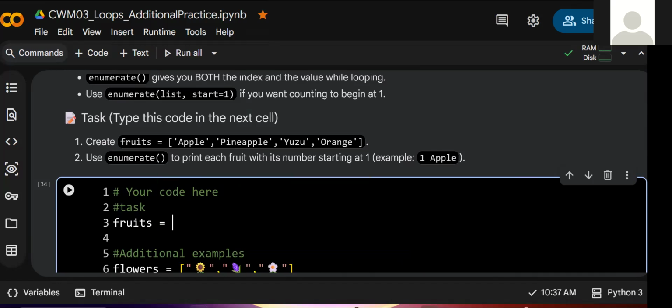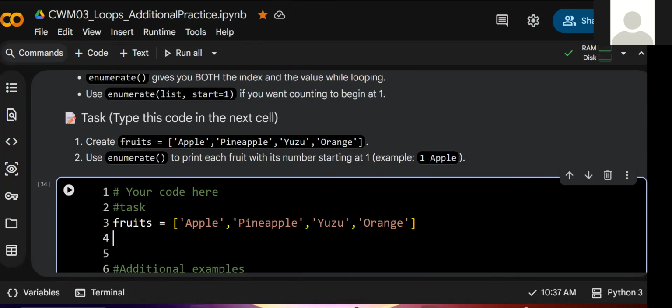So we're going to say fruits equals, and we have apple, pineapple, yuzu, and orange. All right. And then we want to use enumerate to print each of the fruit with its number starting at